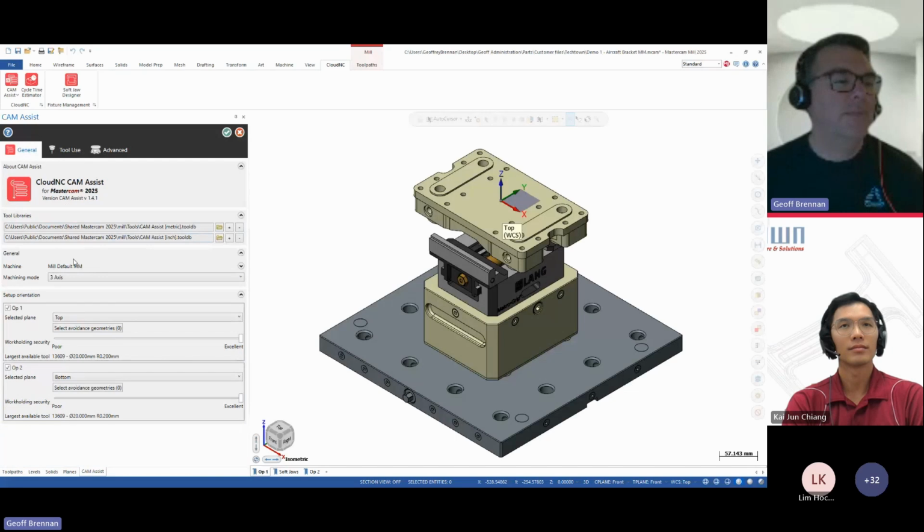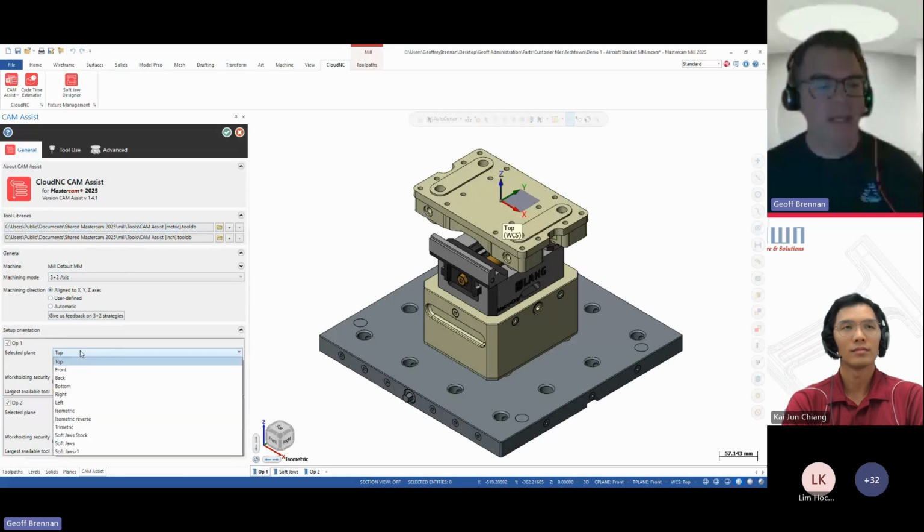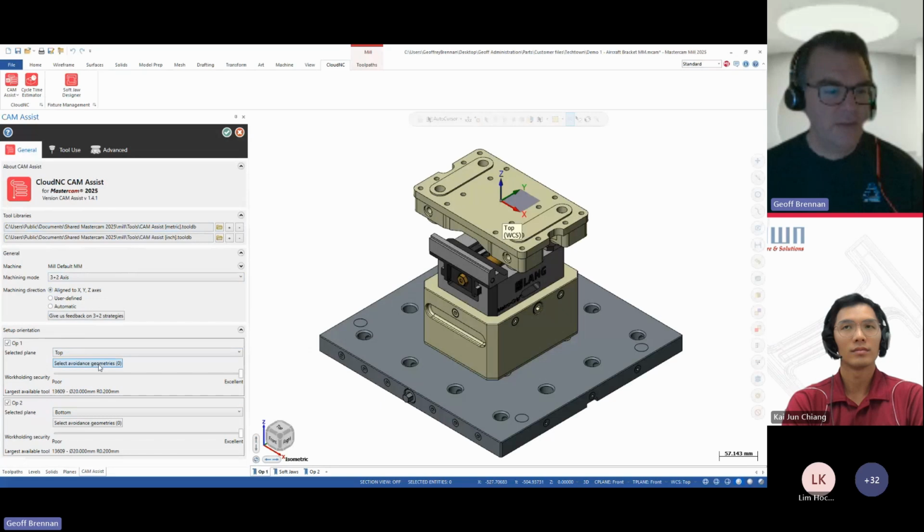And then if we look back on the general tab here, I've got this part. I want to make sure that I've got it set up for 3+2 because of those features on the side. Again, I'm going to just use the align to XYZ. One setup for op1, one for op2. These planes can read any of the planes that you have in your Mastercam file. And this avoidance geometry is handy.